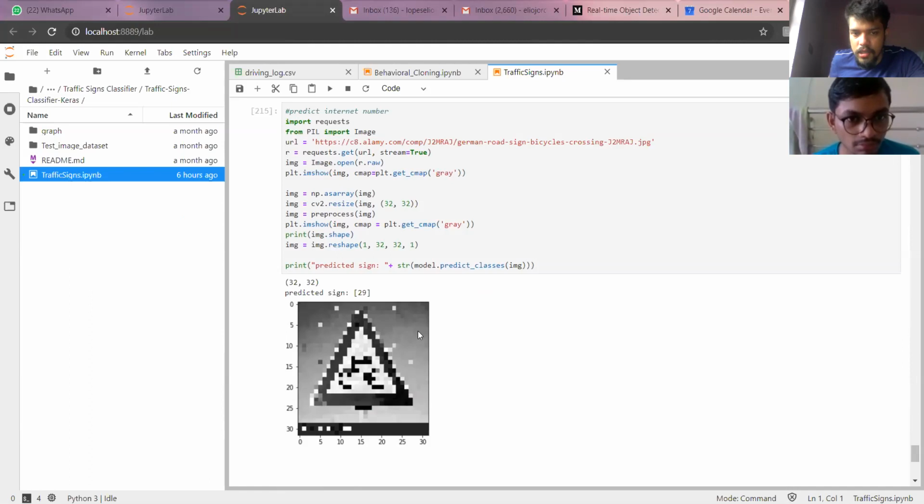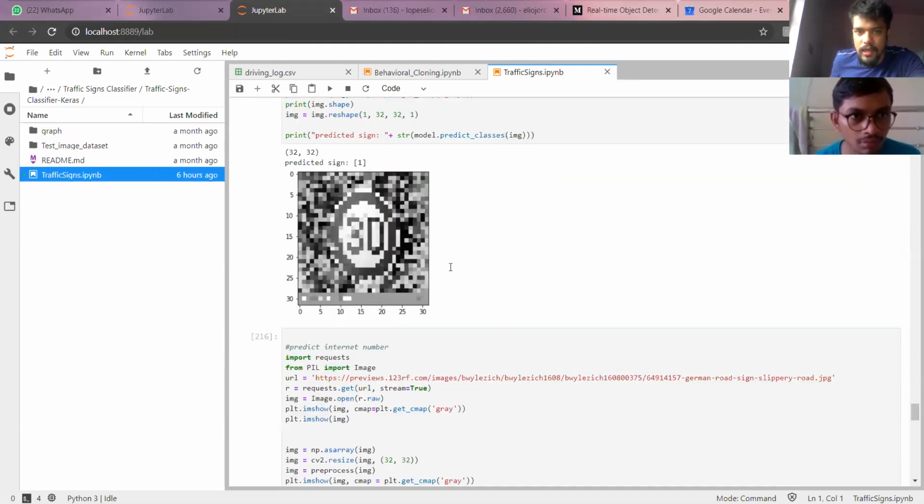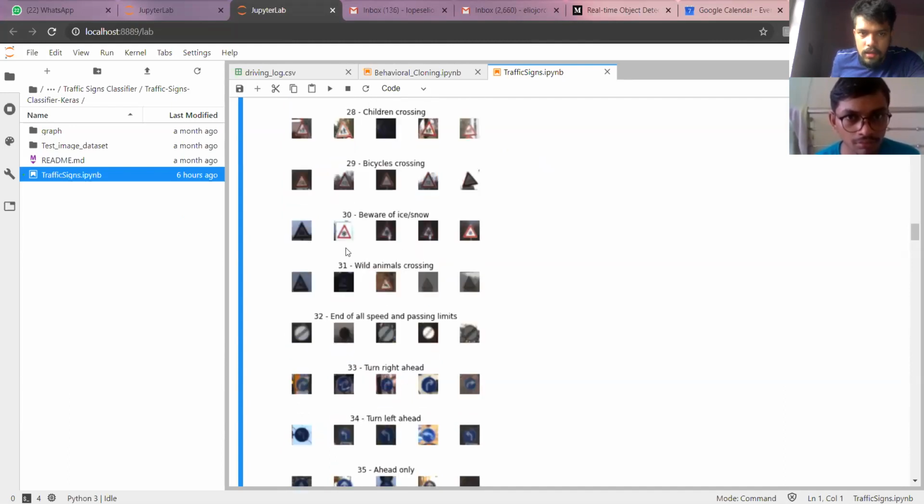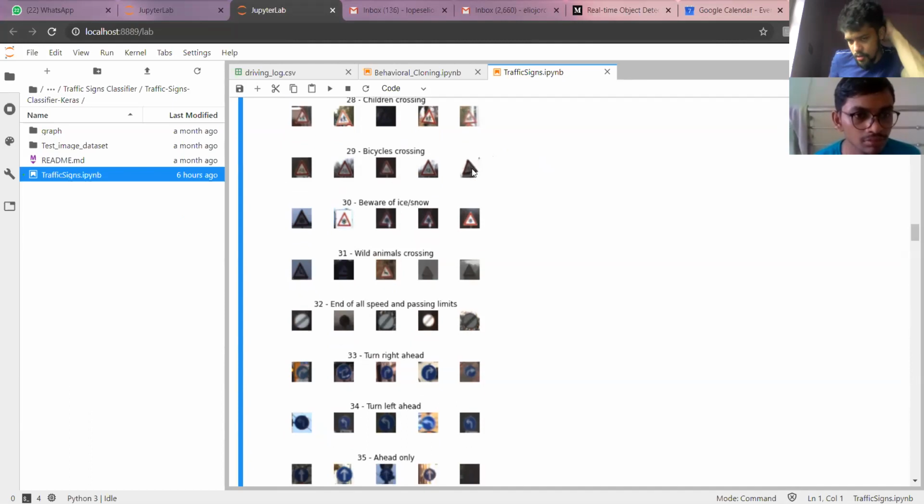Here the picture that we have imported is predicted as class 29, and you can guess that it shows an image of a cycle. If you go and check the dataset images, the predicted class 29 exactly matches the class of images, which is bicycle crossing, in our dataset.